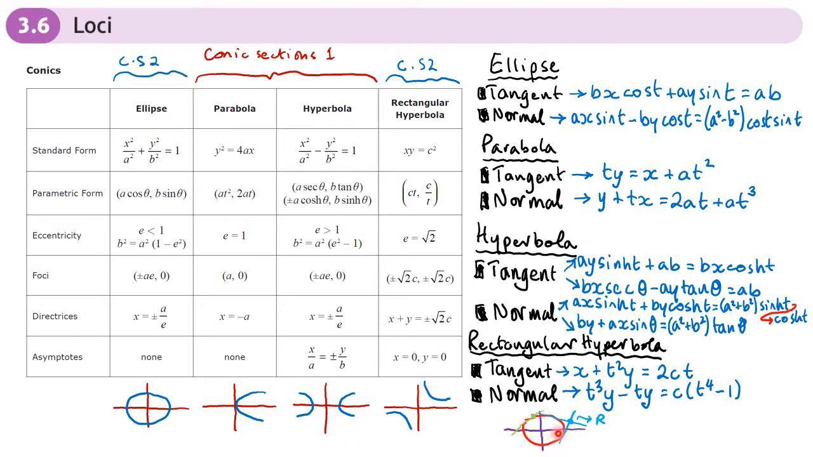So as this tangent moves around, or it could be tangents or normals, as these tangents or normals move around the shape, let's say the ellipse or the parabola or the hyperbola, what path do they trace? What's the locus of those points? So quite often what we do when we do these questions,